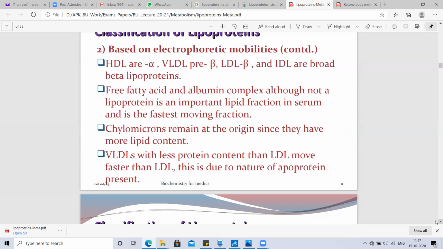Free fatty acid and albumin complex, although not a lipoprotein, is an important lipid fraction in serum and is the fastest moving fraction, because albumin is a protein, so it moves faster than other lipoproteins. Chylomicrons remain at the origin since they have more lipid content. VLDLs, with less protein content than LDL, move faster than LDL, and this is due to the nature of the apoprotein